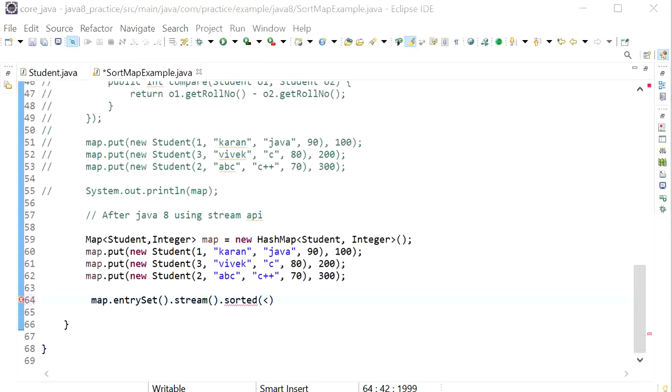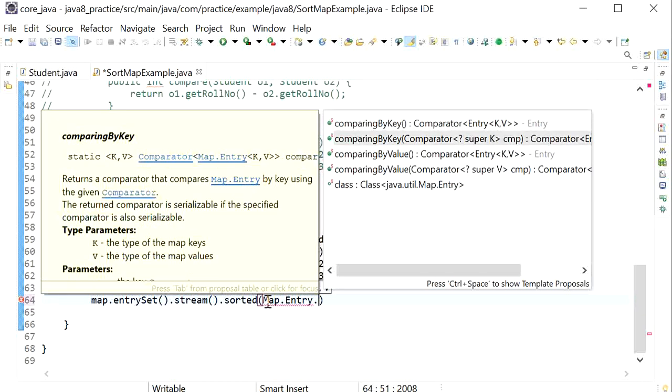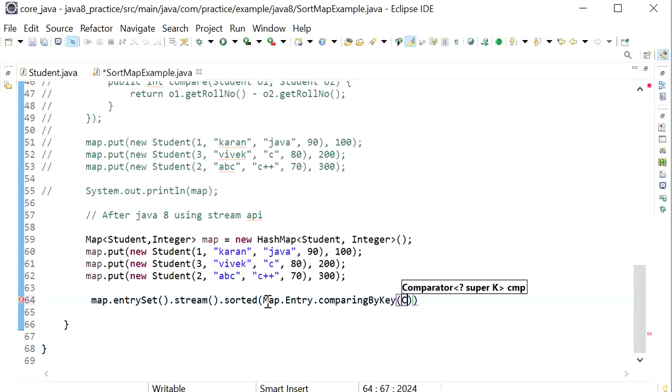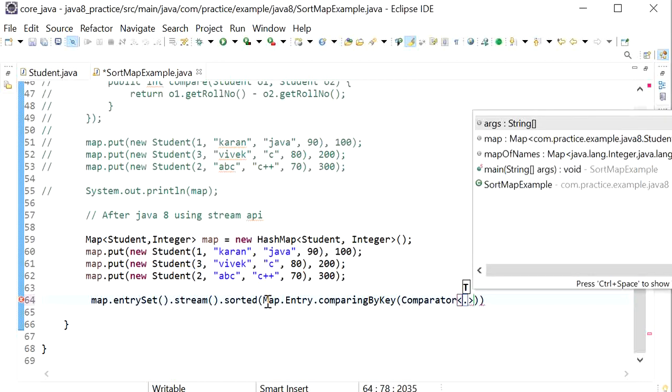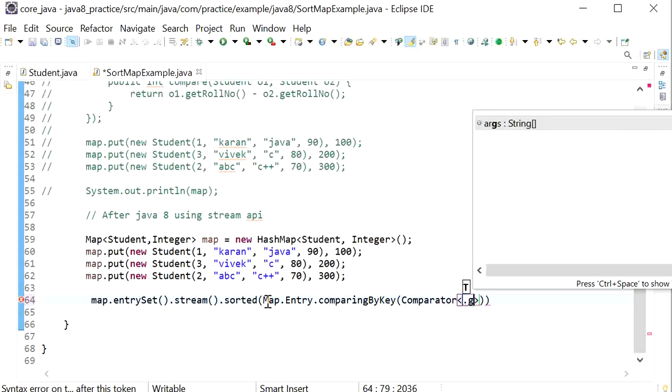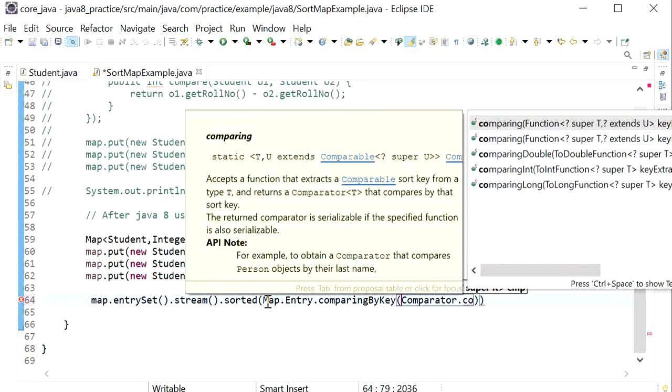So here we need to call Map.Entry, and inside it we call comparingByKey, that second function. And here we just need to call Comparator.comparing, and inside the comparing function we just need to pass one function.